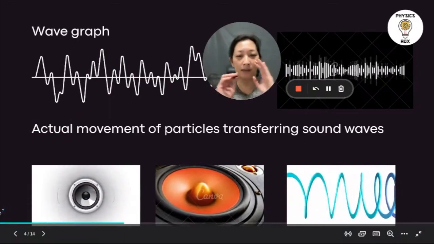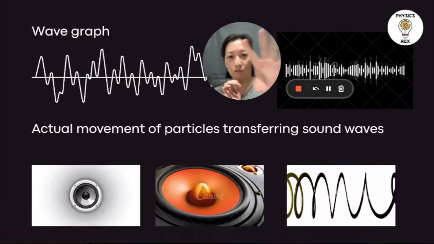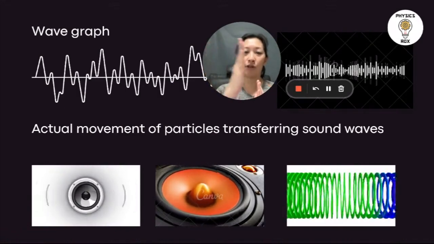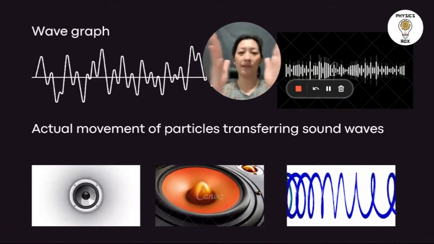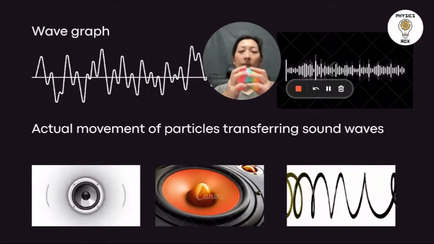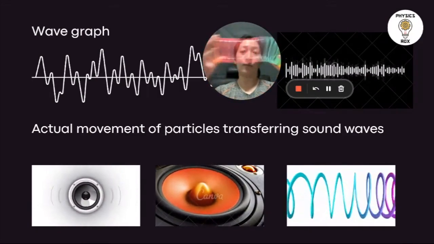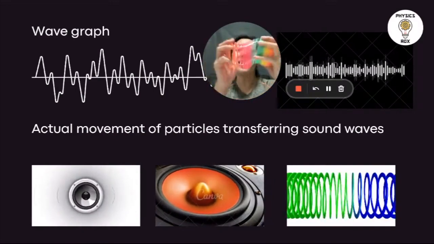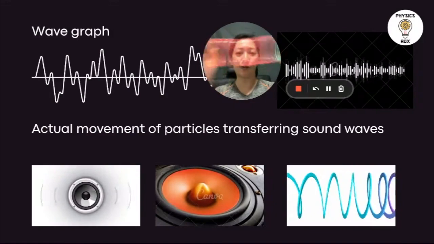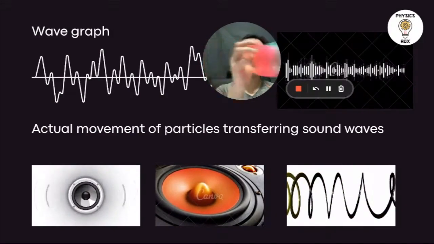Now, if you look at the speaker, it's always going dum, dum, dum, because if the speaker is here, it's pushing and pulling the air particles. So that's why you get this kind of motion. That's why sound is actually longitudinal. Speakers are moving this way, this way, to push and pull the air particles so that they undergo compression and rarefaction for that